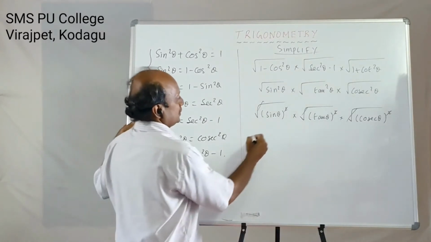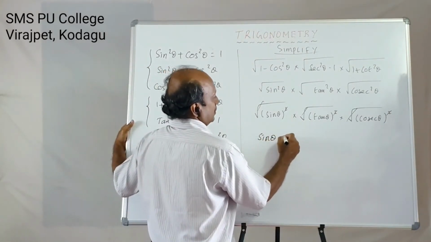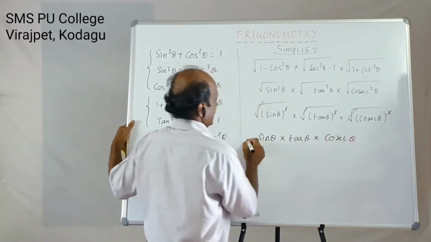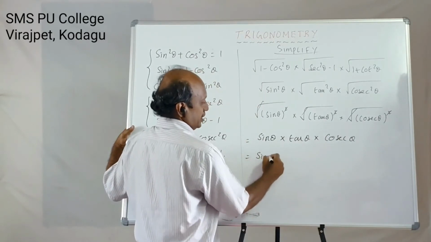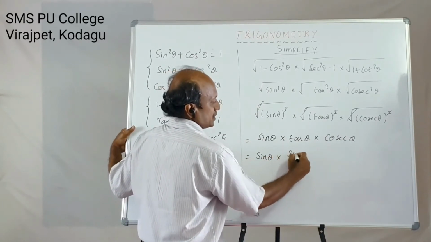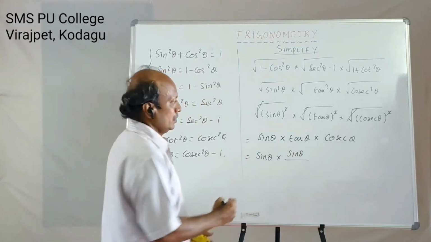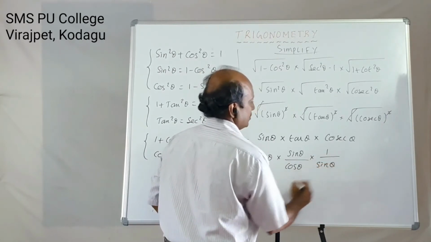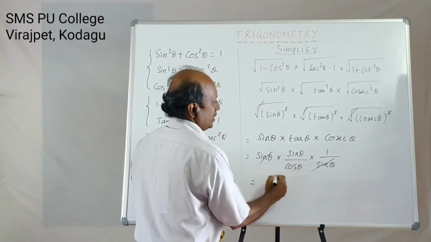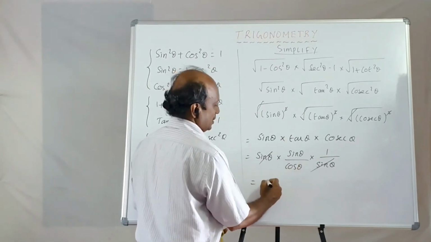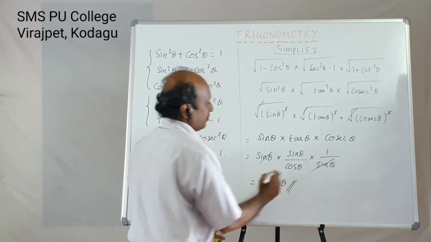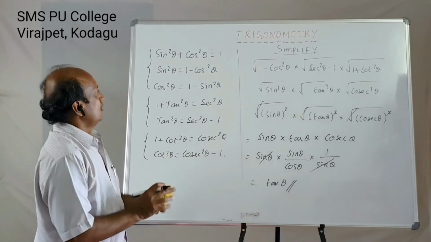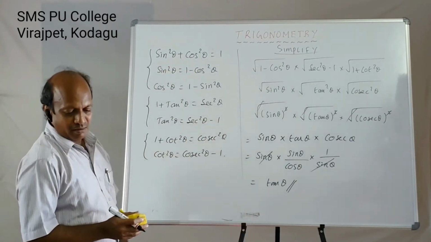Right, now what are you getting here? Sin theta, this is tan theta, this is cosecant theta. Now let us write the final step. Sin theta you can't write anything. Tan theta you can write as sin theta by cos theta, and cosecant theta you can write as 1 by sin theta. So what is the final value? Sin theta into the rest is nothing but tan theta. Now see that we are using only the 3 trigonometric identities. We are shifting left to right or right to left.